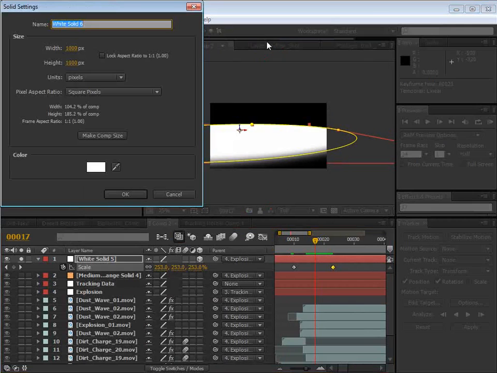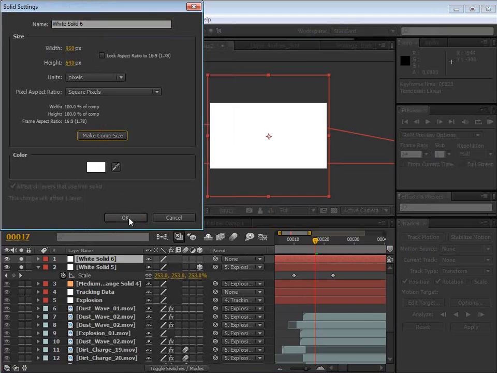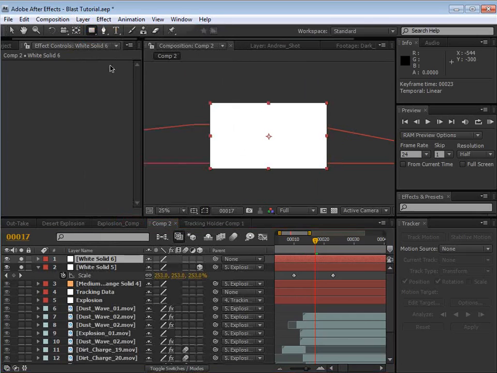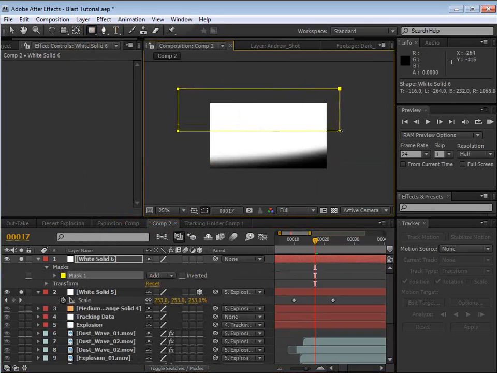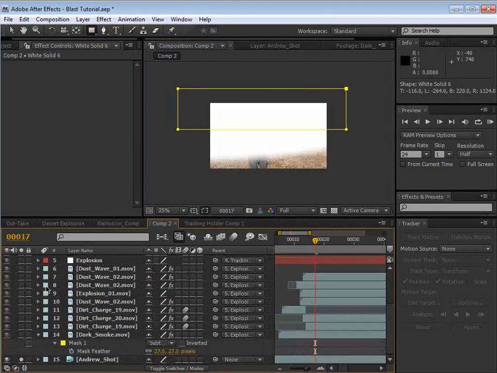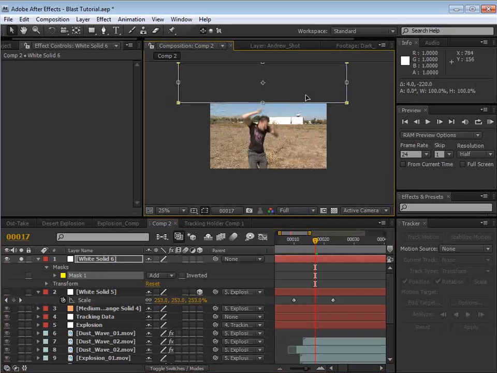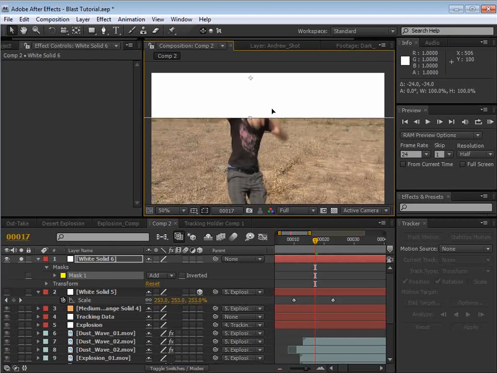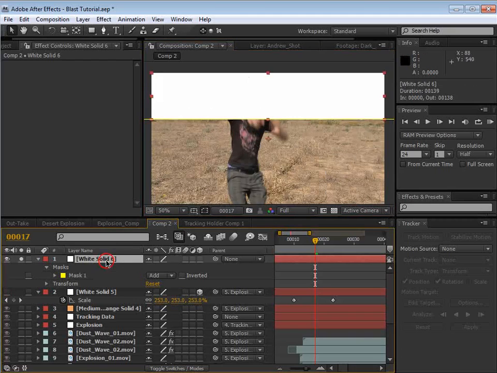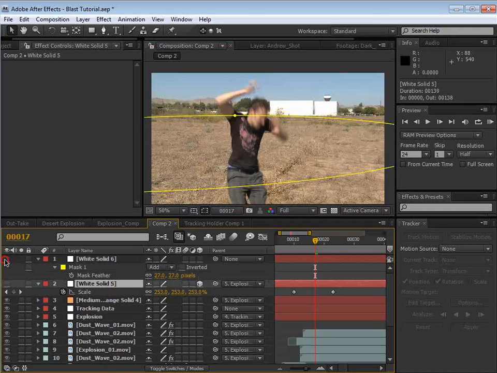So we'll add a solid, actually we'll make it comp size. And we want to just mask out the top half here. And if we turn on our footage, the idea is to limit the distance that the shockwave can travel. So we'll just go to about right here, feather it a little bit. And if we take our shockwave,